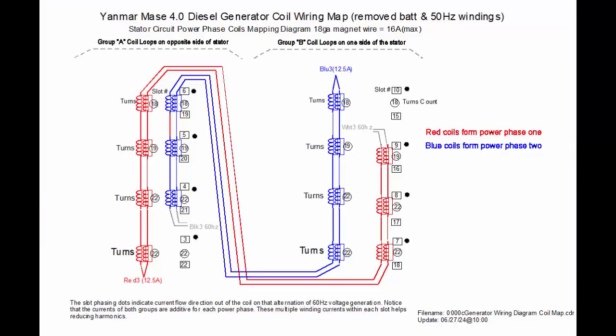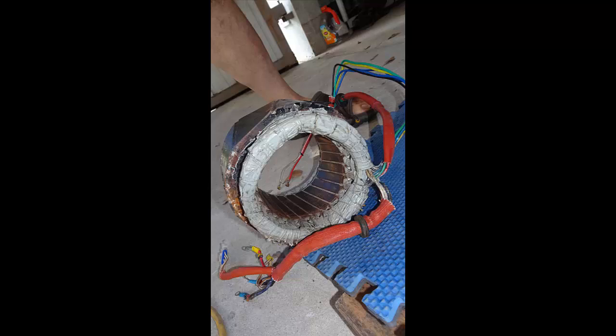As you may recall, we have jumpers between the series of coils, and we also have jumpers which connect the one half of the stator coils to the other half of the stator coils. So we have to consider these things, and this is what you see right here sticking out. These are all the jumpers, which are quite a few, and they have to be dealt with in their physical